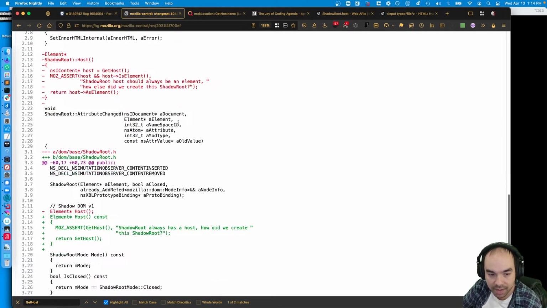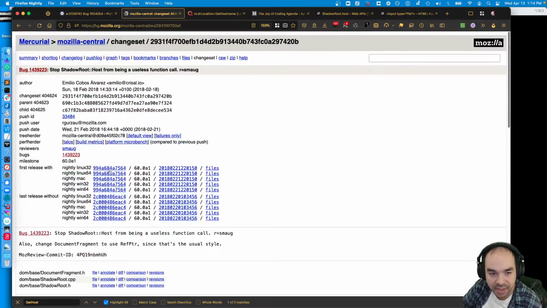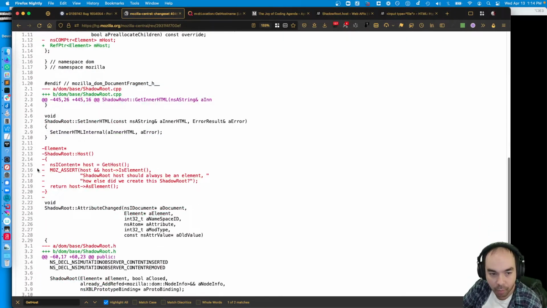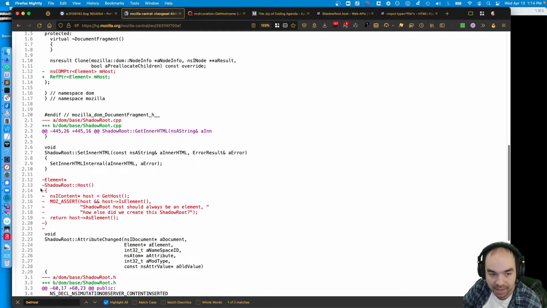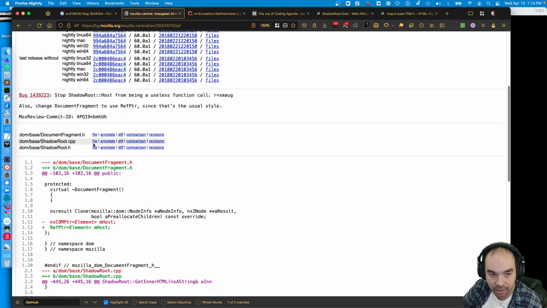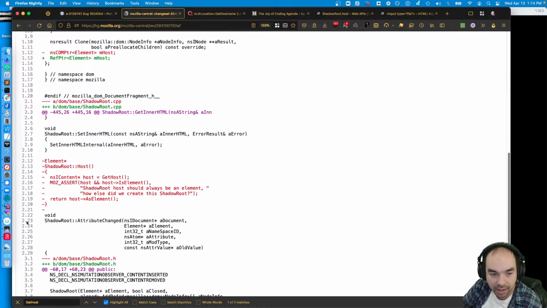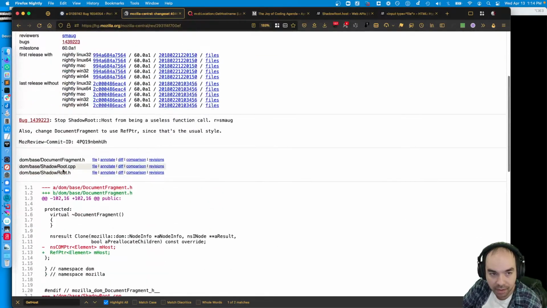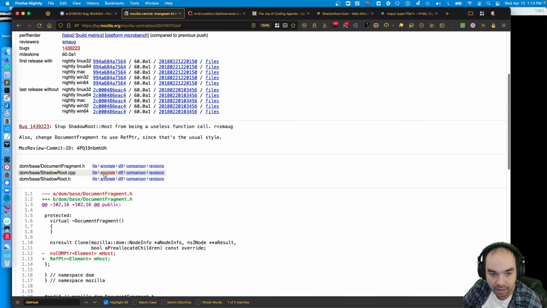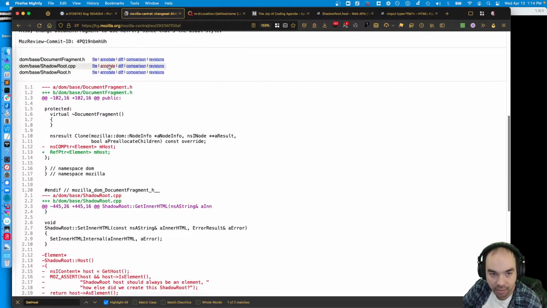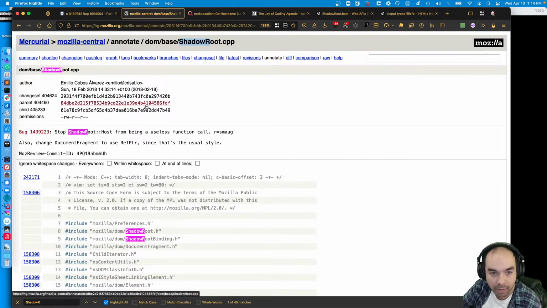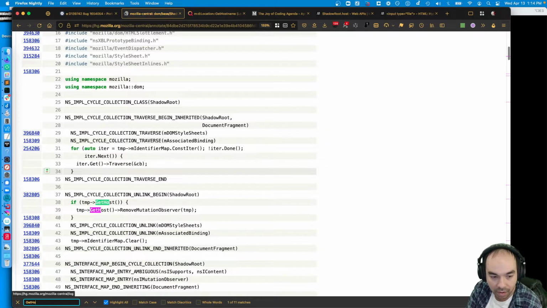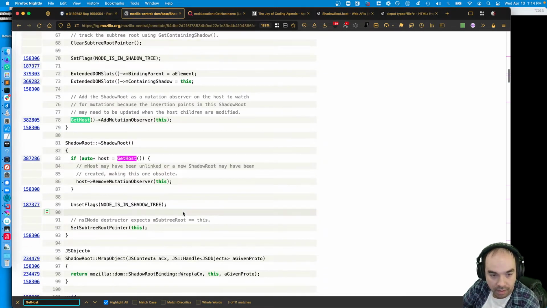But we're also checking whether or not it's an element. Let's actually take a look at what added this original assertion. I just want to understand what cases we're trying to deal with here and where those cases come from. So the way I would do that and follow this along is I would take a look at the annotation of shadow root. I would annotate shadow root, go one up to the parent, and get host here,